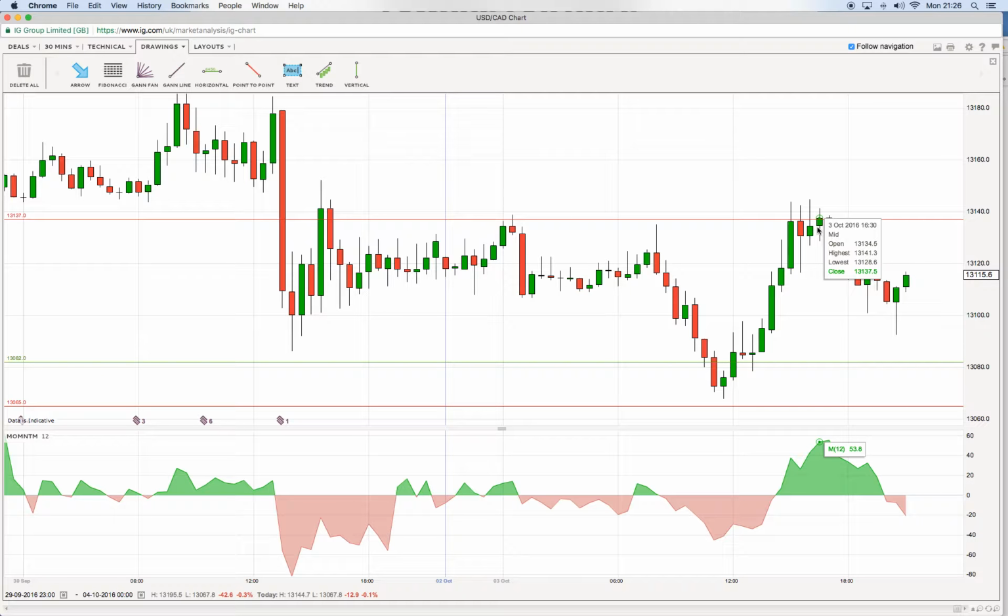So probably for the Canadian dollar it's a couple of pips, depending on the broker that you're using. So let's say 53 pips,